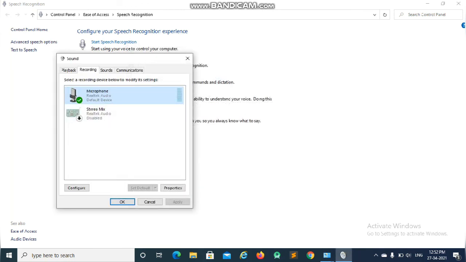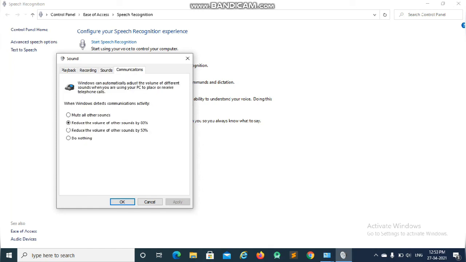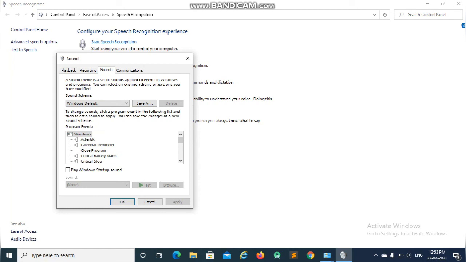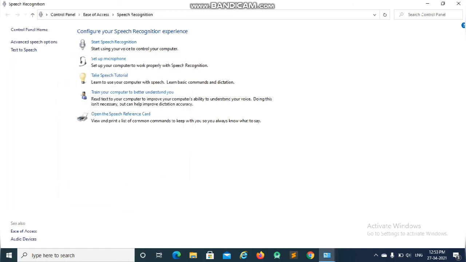If you have completed this, you can recheck your screen recorder or whatever you're recording. It will work. And check in your communications tab and select reduce the volume of other sounds by 80%. Click OK. Then go and check and record your video on the screen recorder,